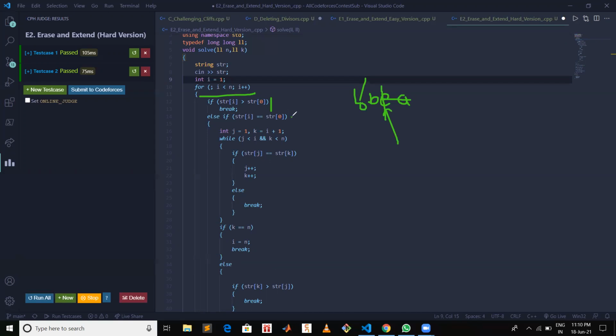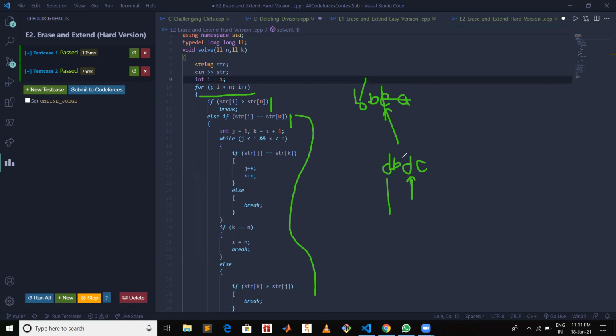The second case, when my character at any position is equal to my starting character. Suppose this is D, B, again D, and C is there. So when this ith character is equal to my starting character, for that part I am checking over here.